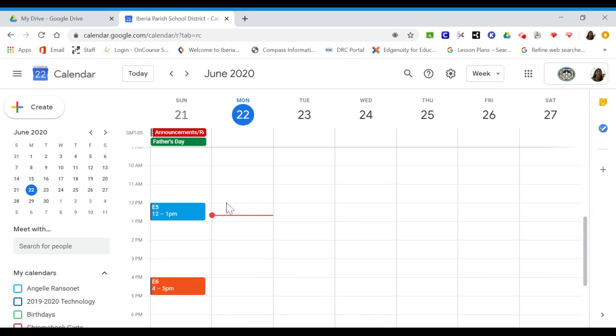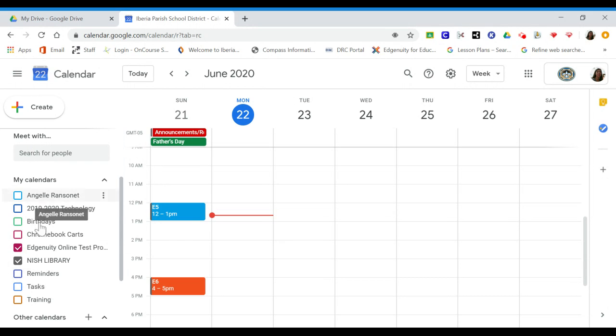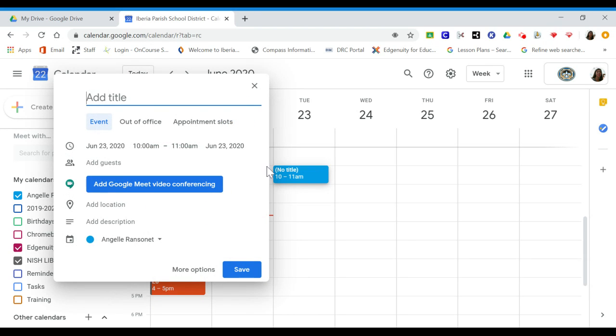So let's say that we have an event that we need to schedule in our calendar. First, make sure you are on whichever calendar you are wanting to use. All of your calendars show up here on the left-hand side. And let's say we want to schedule a meeting for tomorrow at 10 a.m. So we're going to click in that box. And here is where we can add all the information that we want. So let's just say this is a parent meeting